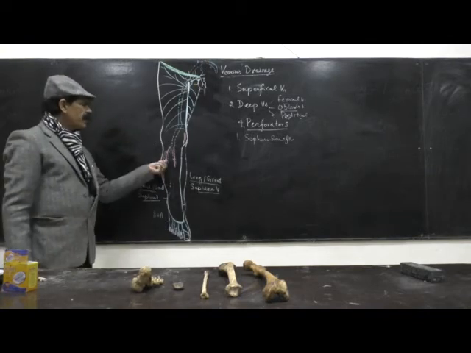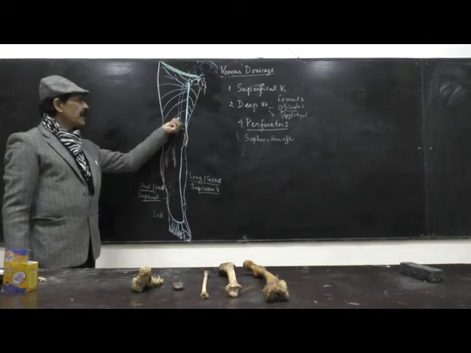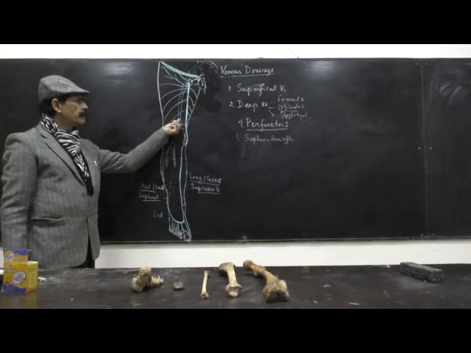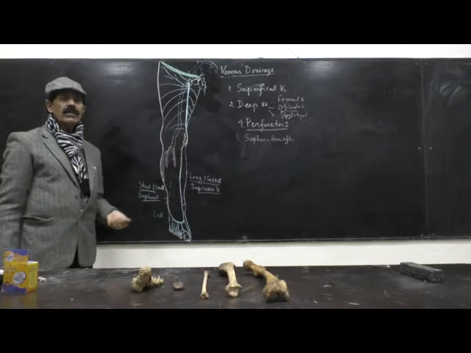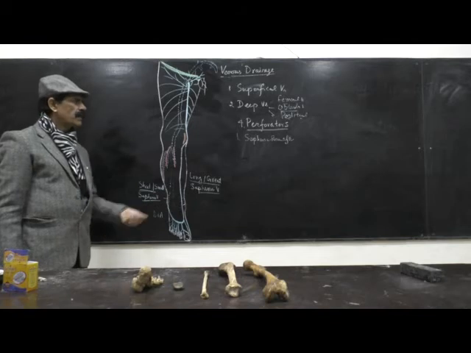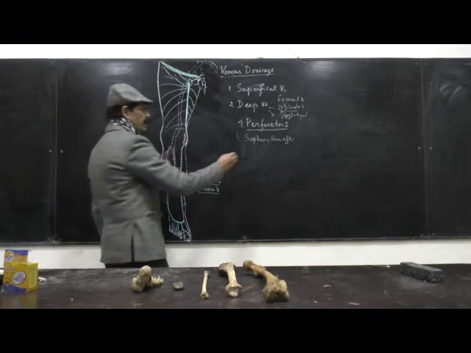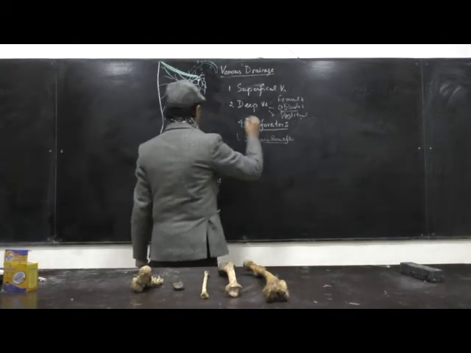Now these deep veins in the leg and the deep vein, that is the femoral vein, they are all communicated through the muscles of the region. They are the four perforators. They are called the perforating veins. So one is very common, lies at the level of the saphenous vein.